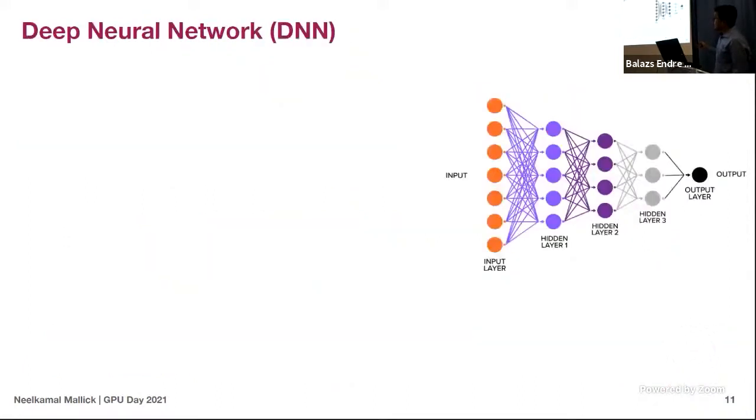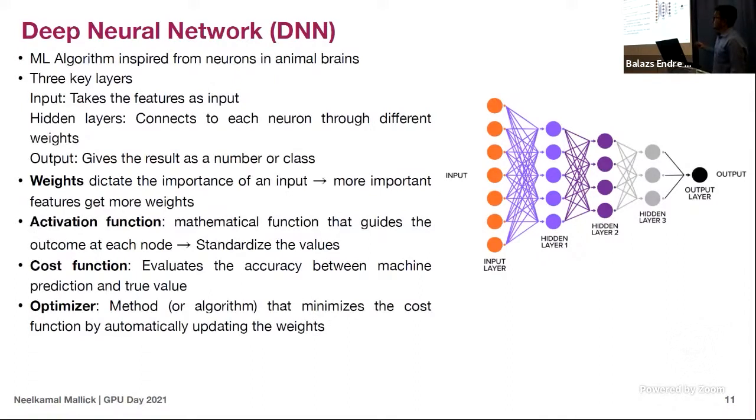Okay. So now we want to implement a deep neural network to understand the flow dynamics from final state particle production and to predict the elliptic flow. So we have this deep neural network, which has neurons like those present in animal brains. It has 3 key layers. One is the input layer, where all the features are fed into the machine. There are hidden layers. And finally, we have the output layer. In this case, as we are doing a regression, the output layer has only one node.